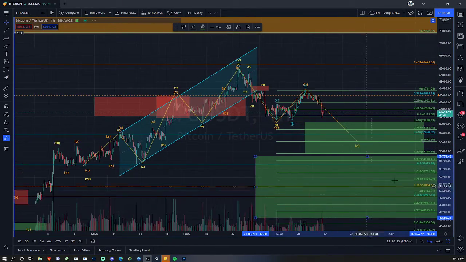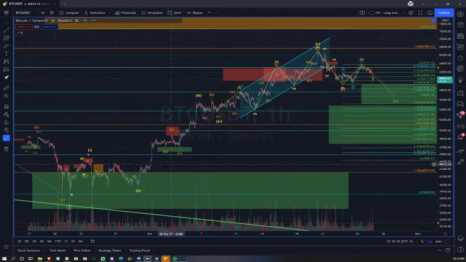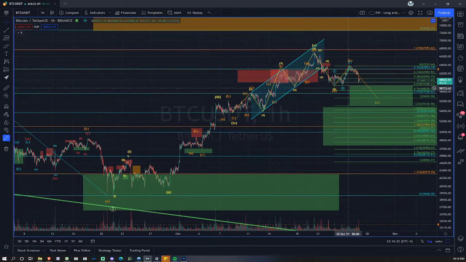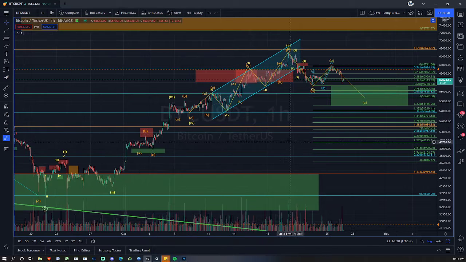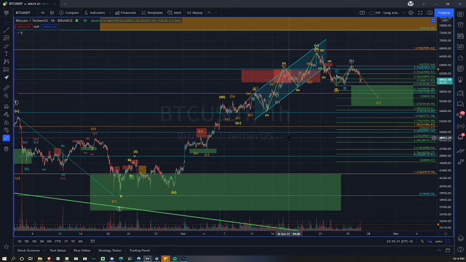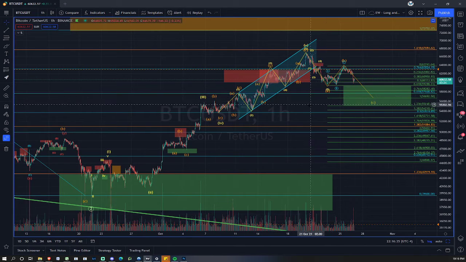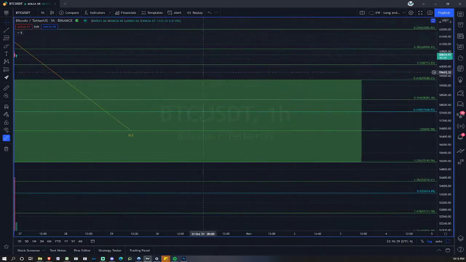This larger green box that I have down here is the 382 to 618 region based on a fib from here to here, but I think this green box is going to be the more reliable one, so I'm going to get rid of that for now. And we'll look at it again if we need to, but I think this is what we're looking at here. All right, so let's see if we can get some confluence. If I zoom in,